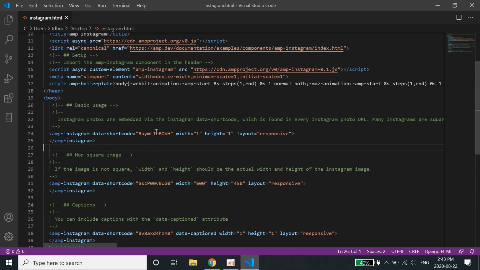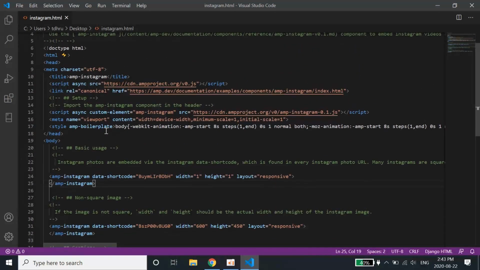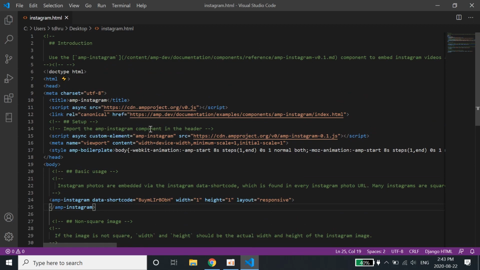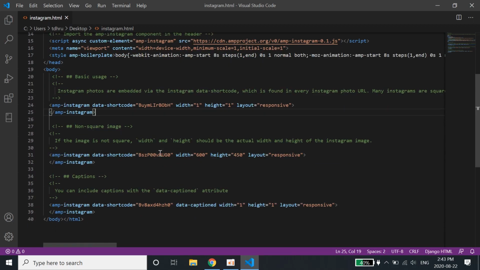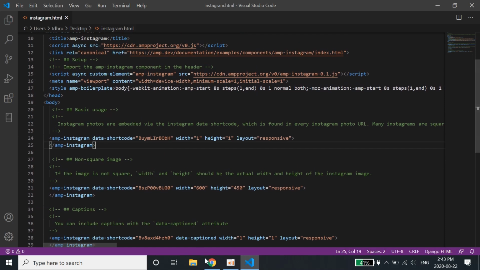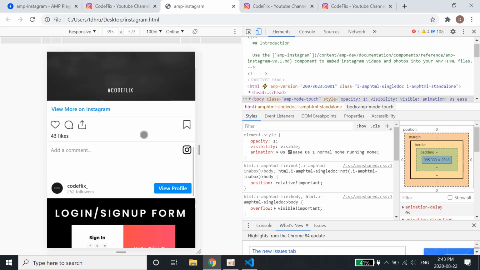Just put the shortcode in the database and run a loop over this tag. Run a loop 10 times and 10 posts will be displayed here. You can do that. These are a few things which are provided by AMP. If you want to play with it, you are good to go. Otherwise, this is the Instagram clone which is ready for us.